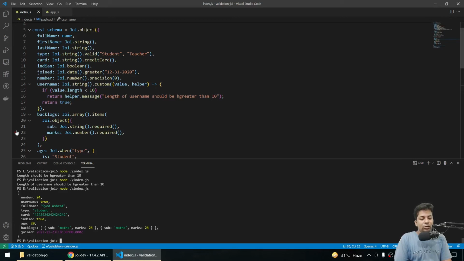So yeah, that's all about Joi. I just forgot to show how you can validate data with Joi. Now in the next part we'll see how we can use them with Express. It's super easy, just like a middleware. So that's it in this part, guys.